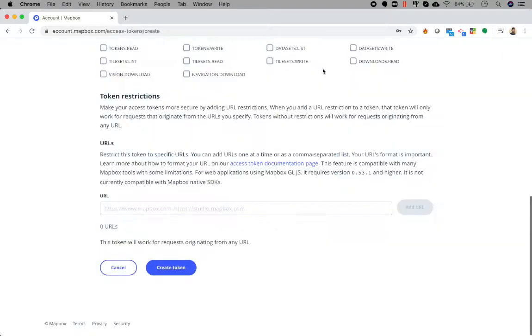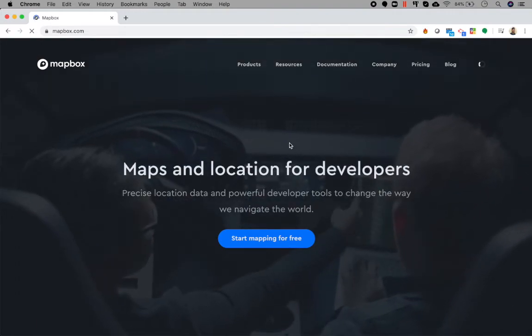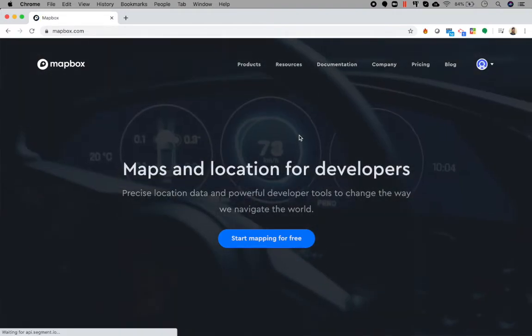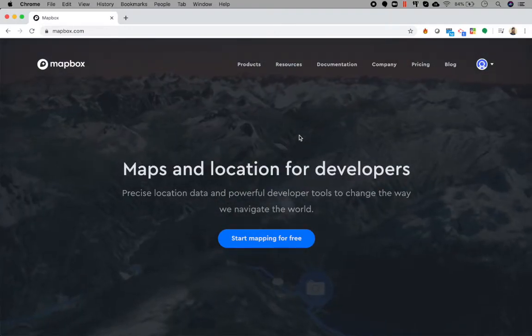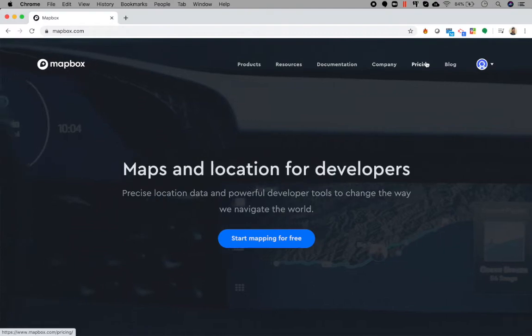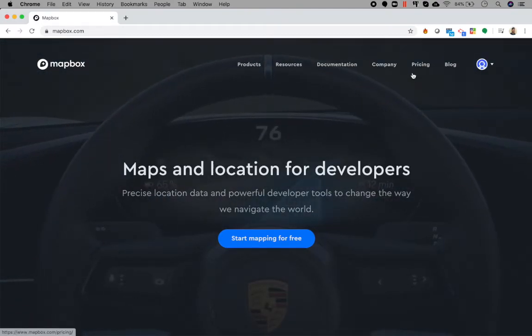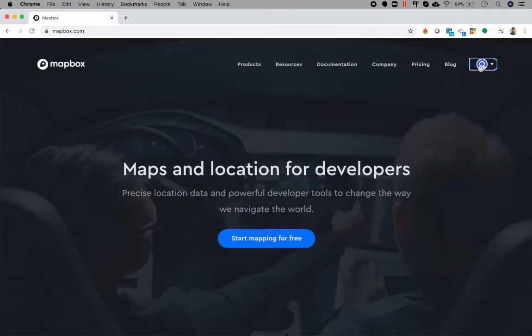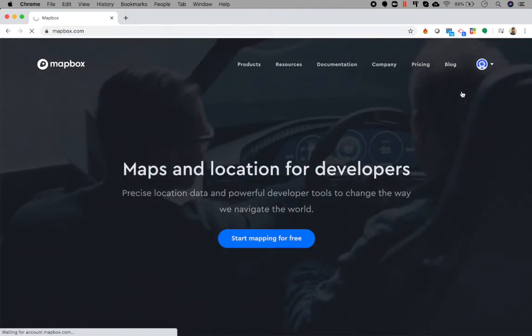Until this moment, we didn't need any token or things like that in order to create a map. But since Mapbox, as I said, is not 100% open source, you need to use a token. The same thing applies when you try to use Google Maps or Here Maps or anything like that. If it is not open source, then you will need to provide an API key or a token in order to use them. But don't worry, even if you create an account and if you are not paying, they will give you a token which you can use for your JavaScript application.